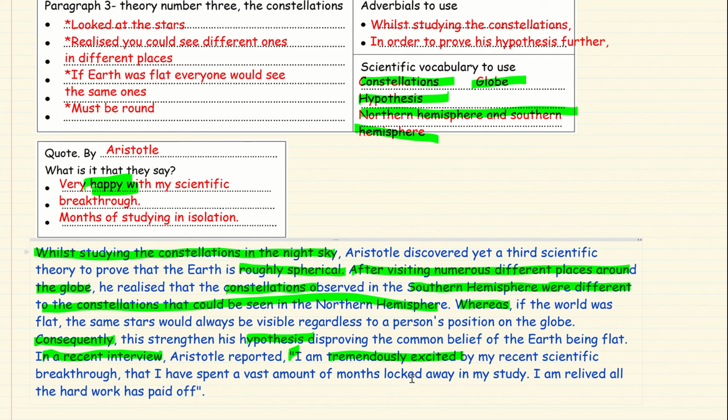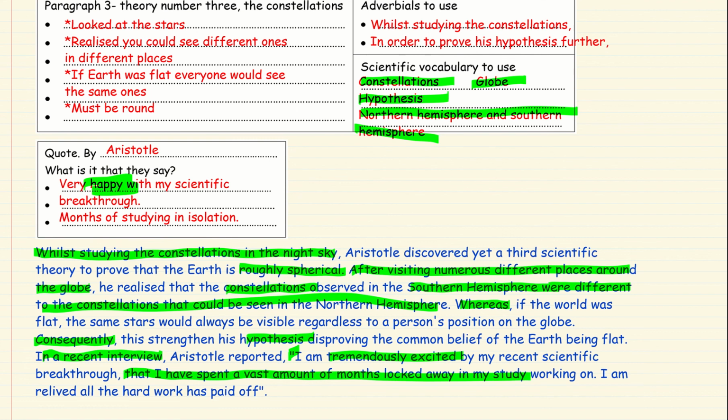Now that doesn't entirely make sense, so I'm going to edit that a little bit. I've just added working on. That I have spent a vast amount of months locked away in my study working on. But notice I've used a relative clause there because I started it with that, and I've got my comma. I am relieved all the hard work has paid off, and I've got my inverted comma and full stop at the end. Okay, so there are some ideas of the structure and the vocabulary, but notice how similar it actually